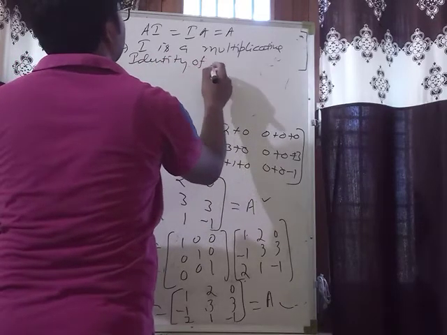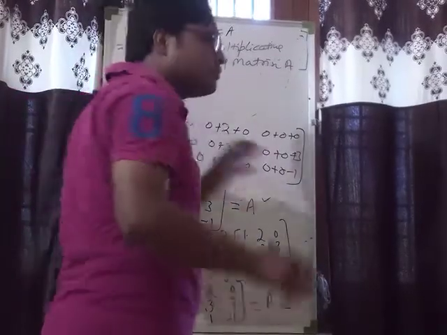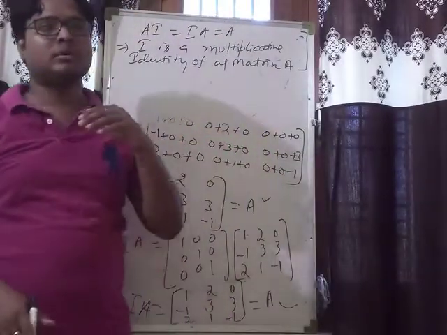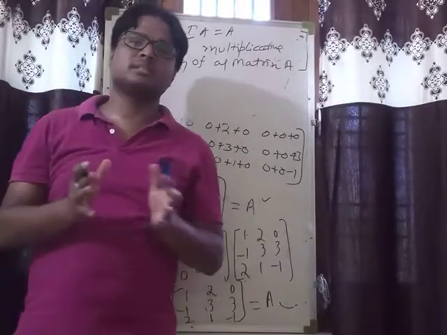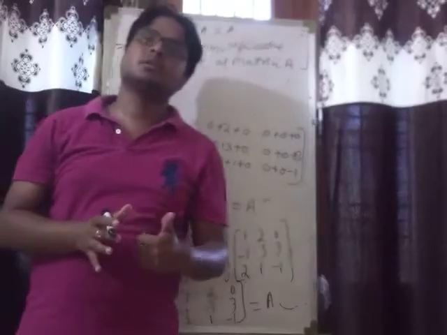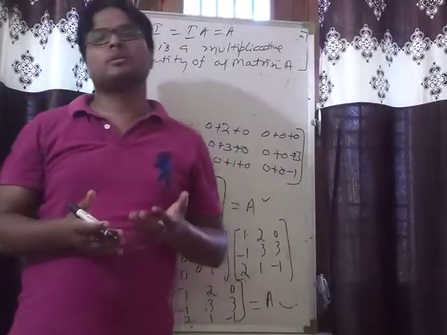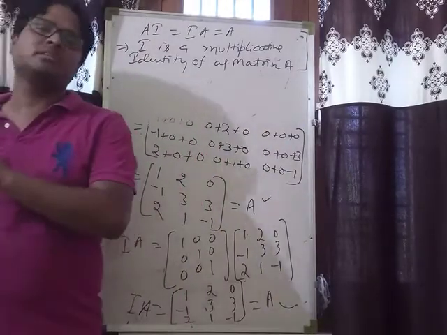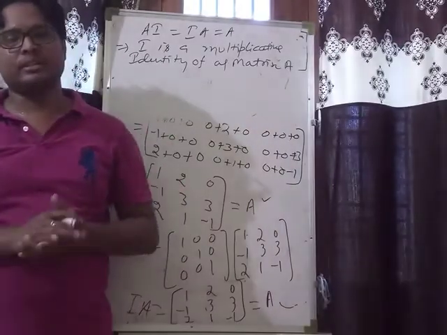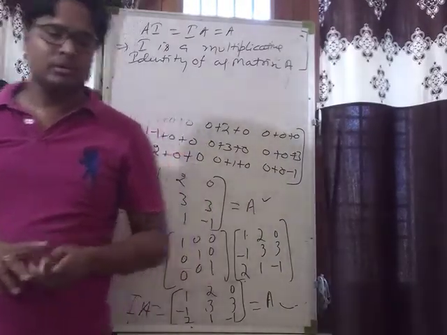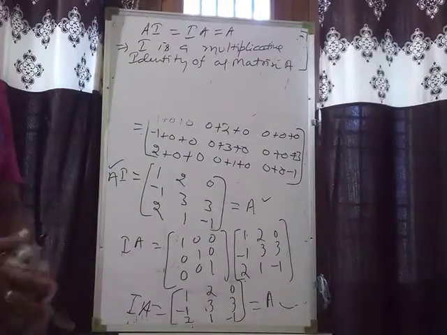of matrix A. So from these examples I am verifying that for any square matrix A of order n, there will be an identity matrix of the same order n, such that AI is equal to IA is equal to A, means I will be multiplicative identity. Got it? Next, I am going to solve few questions from next exercise.